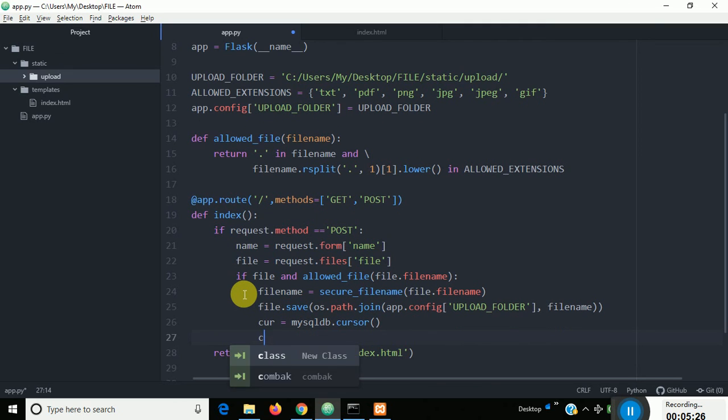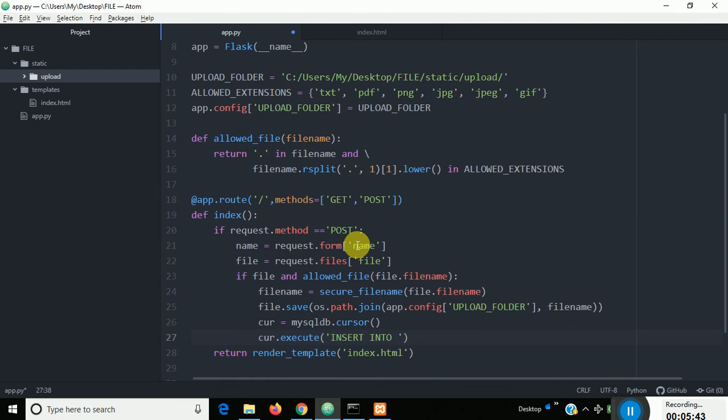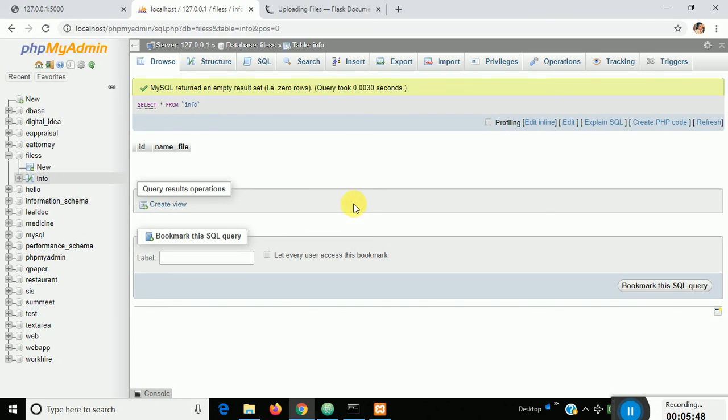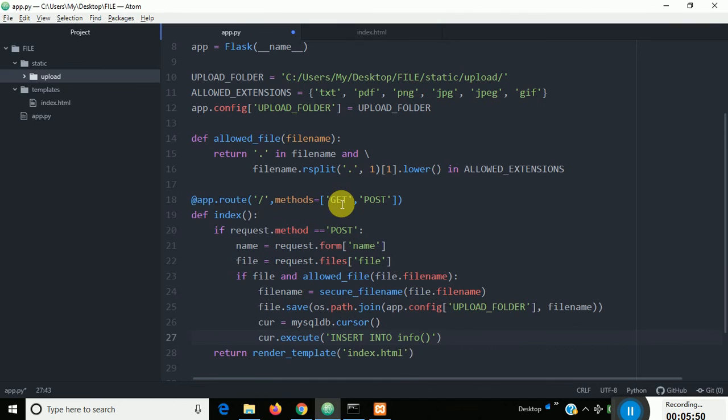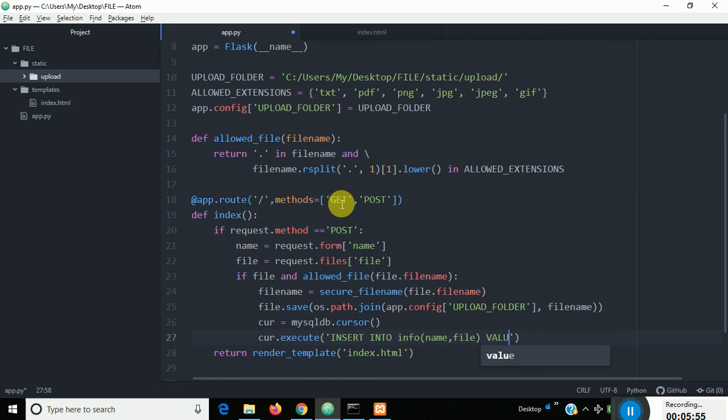Cursor dot execute insert into the table name info, in the bracket columns are name and file, values in the bracket %s comma %s.